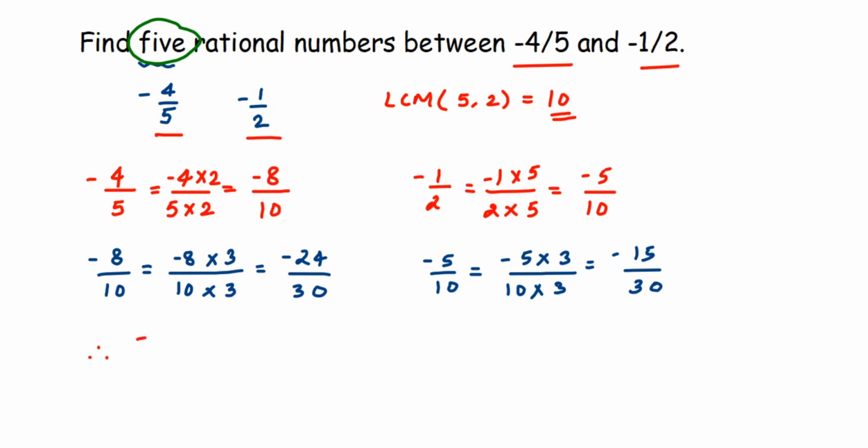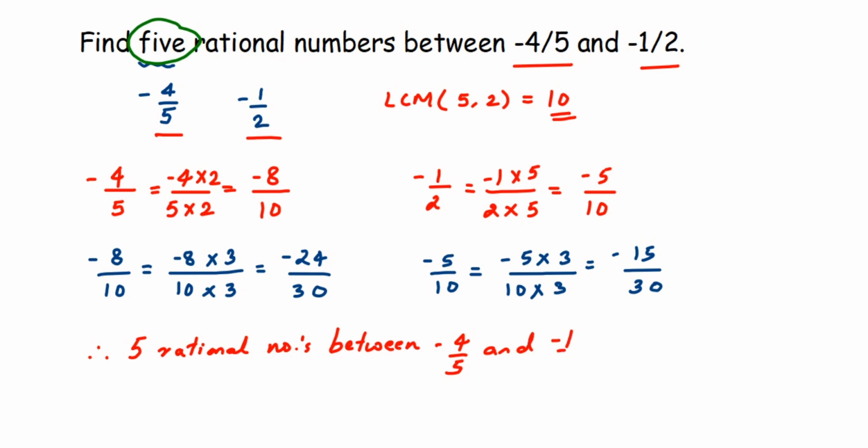Therefore, 5 rational numbers between, now instead of minus 24 over 30, you can write down minus 4/5, because they all are equivalent. Minus 4/5 is equivalent to minus 8/10, and this is equal to minus 24 over 30. They all are equal. So I'll write here minus 4/5